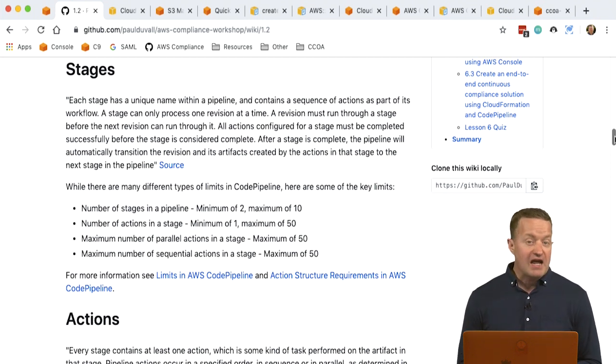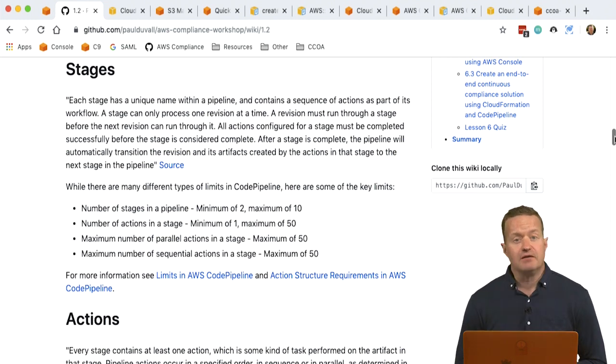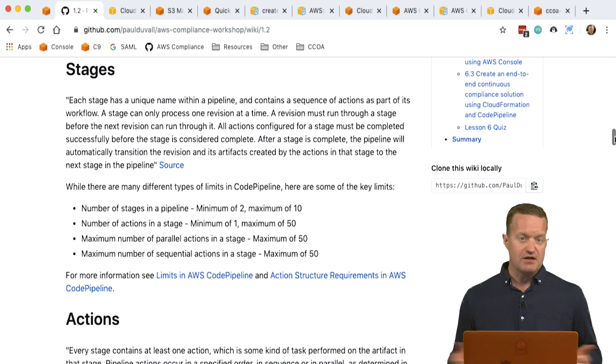Number of actions in a stage, minimum 1. The maximum is 50, and you can run all those 50 actions in parallel as well. So if you're running, say, tests or something like that, you can run 50 tests. Sequential actions in a stage is